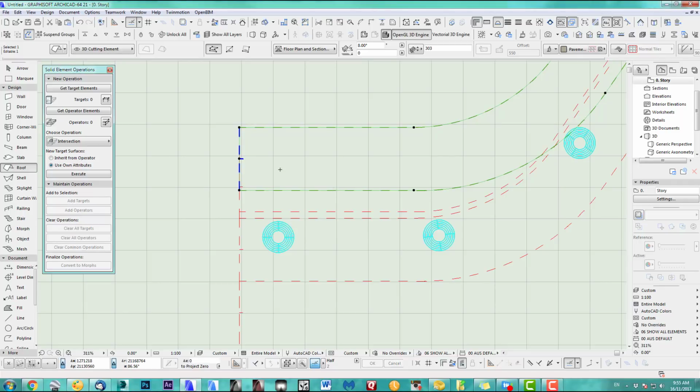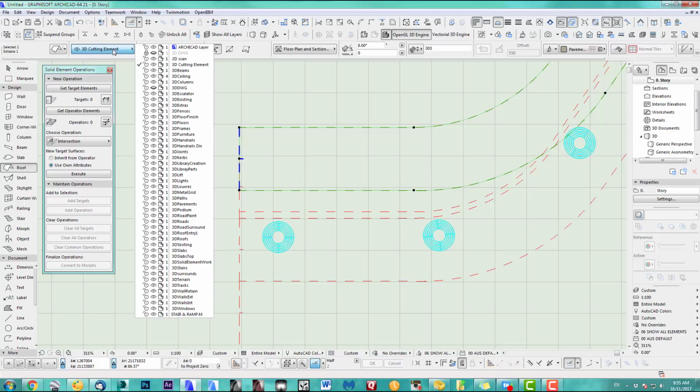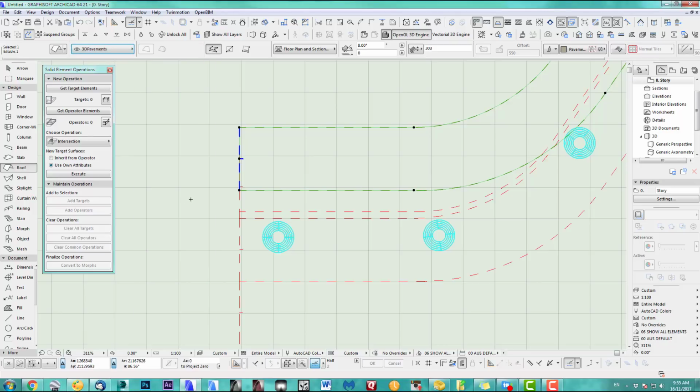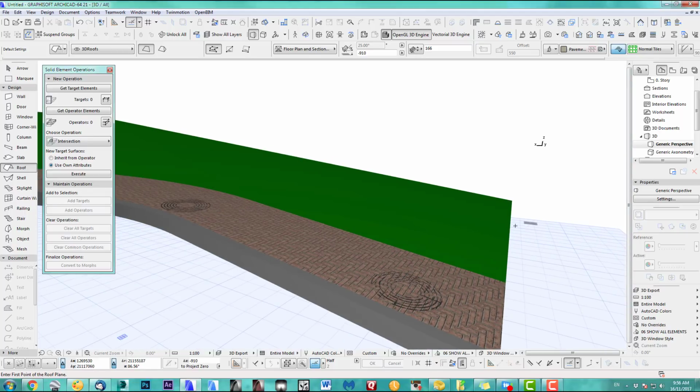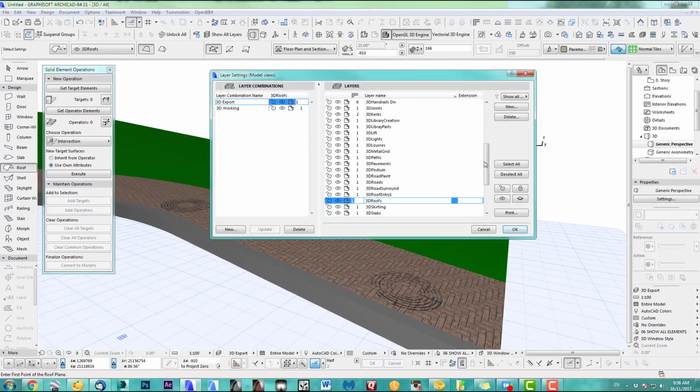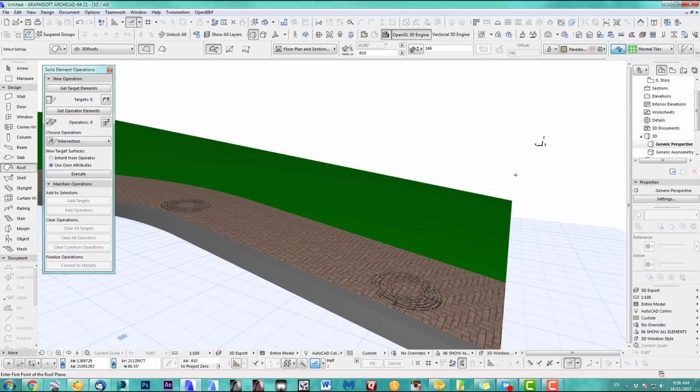Okay, as you can see, this one is on the cutting element operation. So this pathway, I move on to pavements. So I can drag this back. So I got 2 pavements now, one on the pavement layer and one on the cutting element layer, which I used to cut the crates. So if you go back here, and I've got a layer selection here. If I go export, it will turn off my cutting element layer. So if you go now